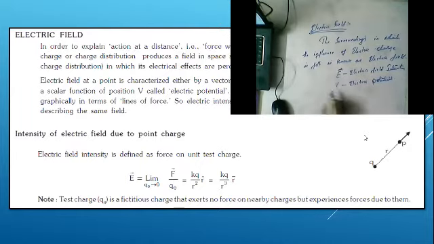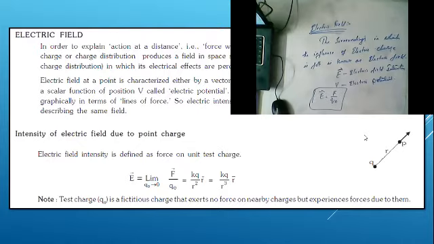So E is nothing but the formula for the electric field. E can be written as E is equal to F by Q naught. It is another definition of electric field intensity. Electric field is the surroundings in which the influence of the electric charge is felt. Now what is this E bar? It is electric field intensity, which means the force experienced by the unit test charge. The force experienced by the unit test charge is called electric field intensity at that point.